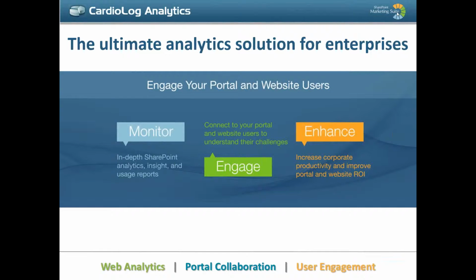We talk to customers about three main pillars that we work with them on. The first is monitor, and here we're able to collect data around the usage of these environments, whether it's SharePoint or Yammer, in order for us to better measure what's going on there. The second pillar is engage. Our goal is to be proactive and ask our users what their needs and pain points are in SharePoint, Yammer and other platforms. And then finally, enhance. It's key for us to make sure the first two pillars are actionable and allow us to constantly improve SharePoint for our users.